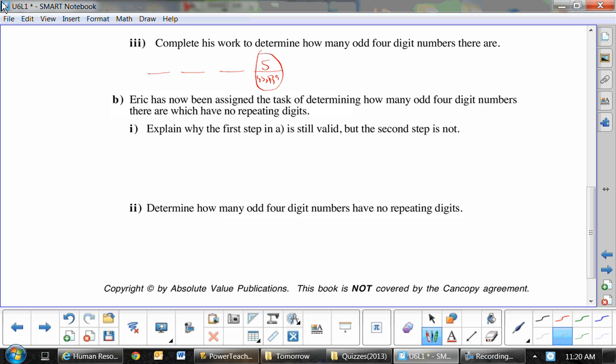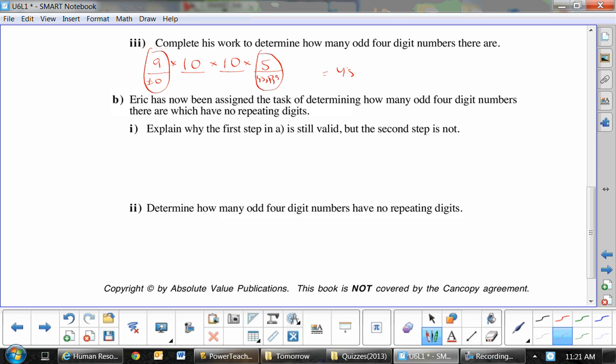Is there any restriction on the first number? Yes. So I would actually circle that and say that it cannot equal 0. How many choices do I have? 9. How many choices do I have for the next number? 10. And then 10. So then all you have to do is multiply: 9 times 10 times 10 times 5, which is